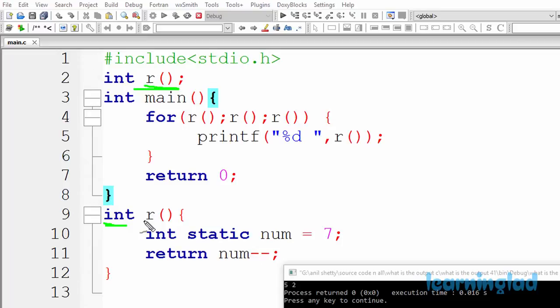So now, before explaining why we got the output as we can see here, I want to talk to you guys about the static variables. Whenever you use a static variable in a function, no matter how many times you call that function, there will be only one instance of that variable, and that static variable has the capacity to retain its value between the